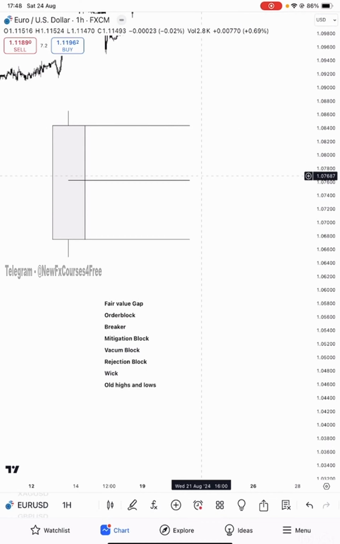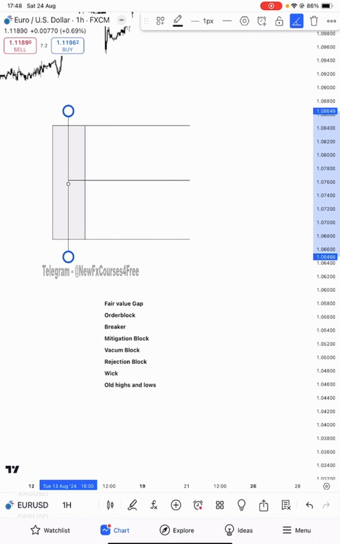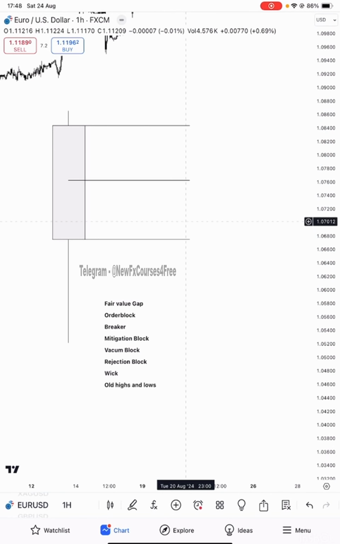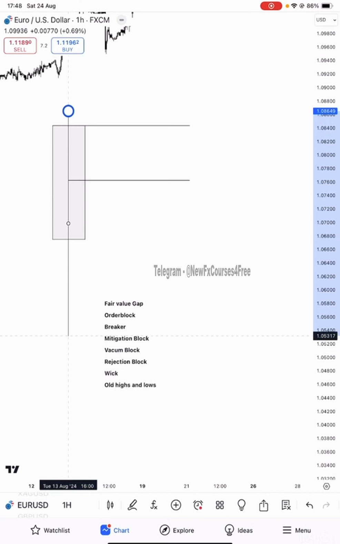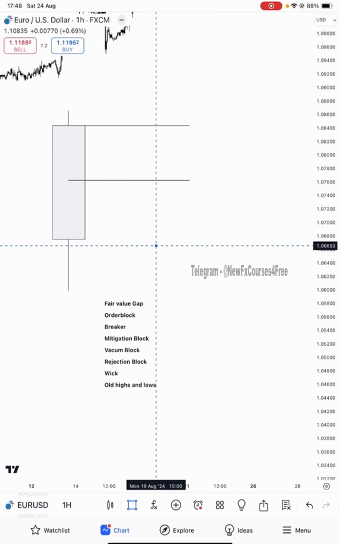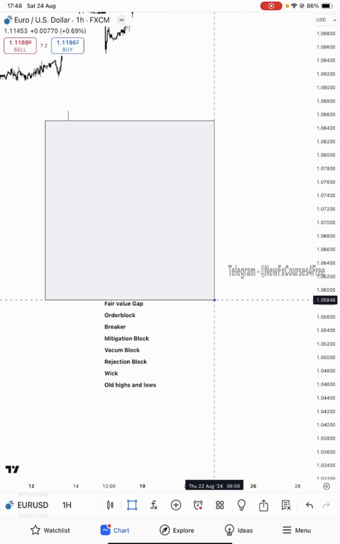And the rejection block only if price can wick through to the rejection block only if there is a longer wick below. But generally